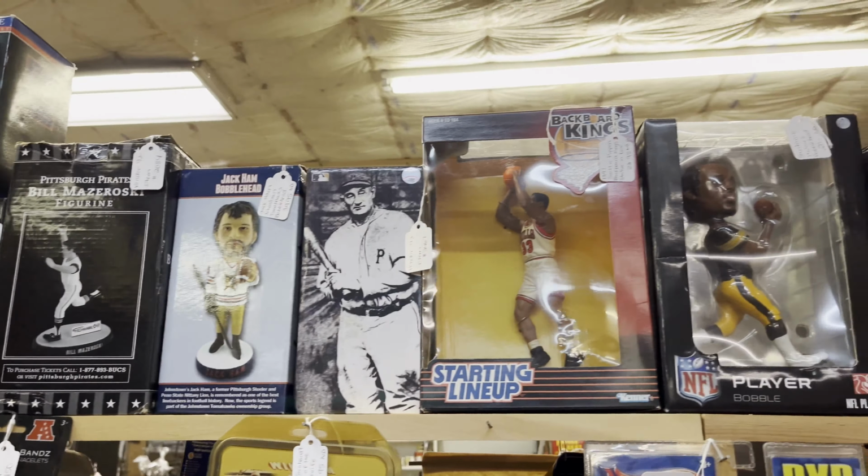71 Pete Rose. And hopefully you can see these things. There's a 73 Reggie Jackson. There's a glare because there's a light above, and I tried my best to get this in focus. There's a 69 Steve Carlton,